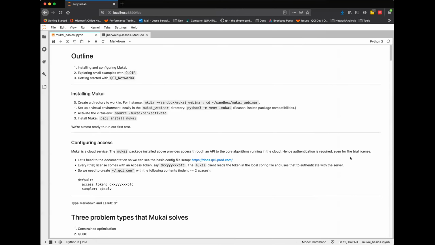Let me do one thing. It moved some of my screens around. One moment here. Can you guys see that? Yes. Okay, good. The little green bars didn't go around it, so it's unclear.